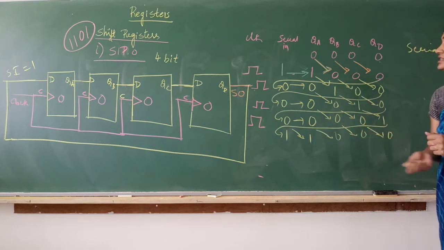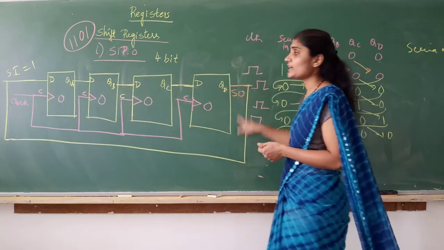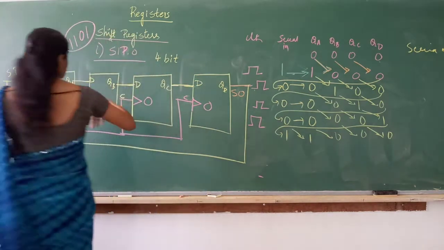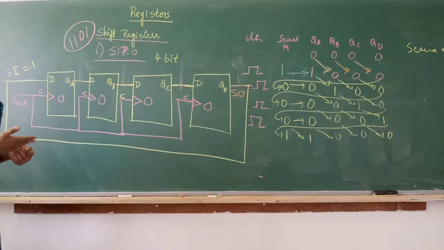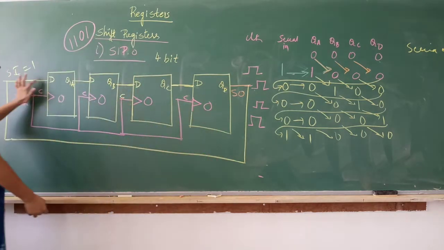Okay. So this is circular shift registers wherein the last flip-flop output will be connected as input to the first one. So the same bits will be circulating in a different fashion. That's it. So this is called a circular shift register. Sometimes in the exam they will ask you to explain circular shift register. Same serial in, serial out. Last flip-flop output you connect it as input.